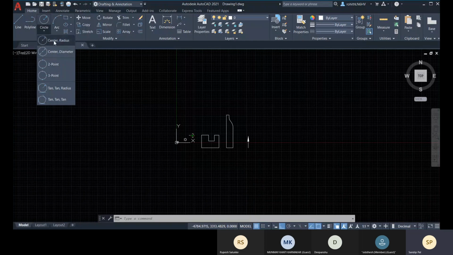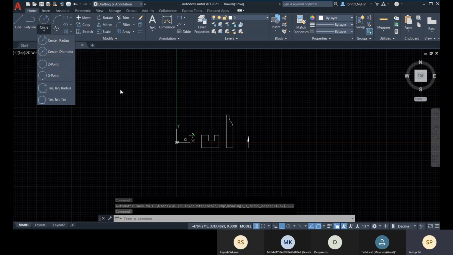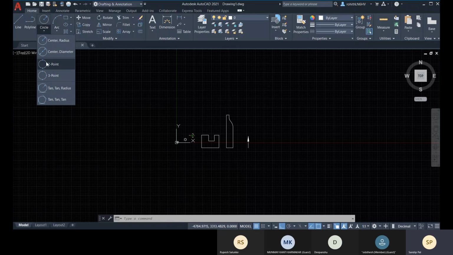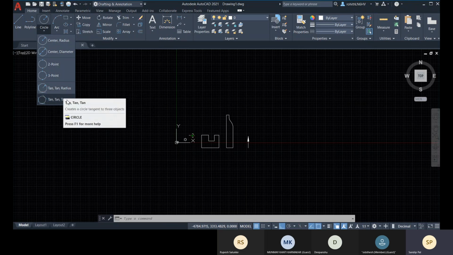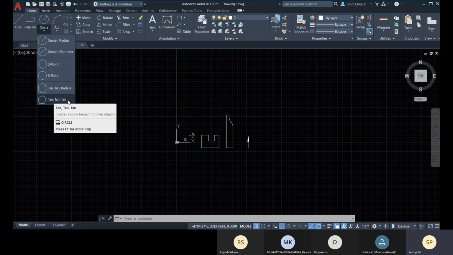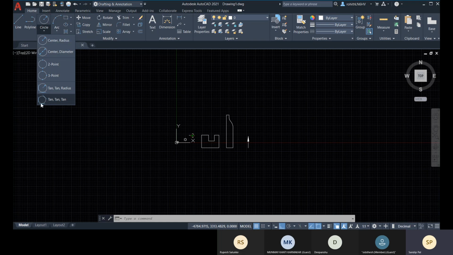If you choose the first category, these two options are center based. The first option you will find is placing the center, and these are point based. As per your point, it will be created, and as per your tangent objects, these two, tan radius and tan, will be created. This tan cannot be created by command. It will only be created by this icon.